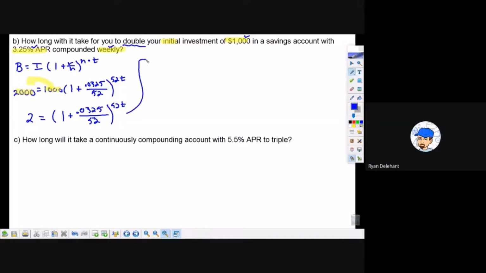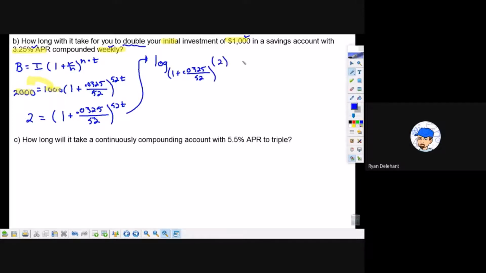So we're going to come up here and we're going to write this thing in log form. So it's log of the parentheses stuff. I know 0.0325 divided by 52 isn't going to come out as anything I'm going to want to write. Even if it does come out as a decimal that stops, it's probably going to be longer to write the decimal than it's going to be just to type in the fraction. So I'm going to leave this as its base, 1 plus 0.0325 over 52. The 2